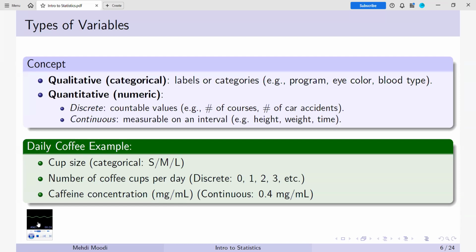Quantitative variables are numbers. They can be measured and compared mathematically. But even here we have two flavors. Discrete variables are countable things, like the number of courses you're taking or the number of coffees you need to survive Monday. Continuous variables can take any value along a scale, like your height, your weight, or the exact time it takes until it's your turn at Tim Hortons when you're already late for class. Continuous feels infinite. So in short, categories versus numeric, and if it's numbers, see whether you are counting with fingers or measuring using a ruler, a scale, or some other more sophisticated device.